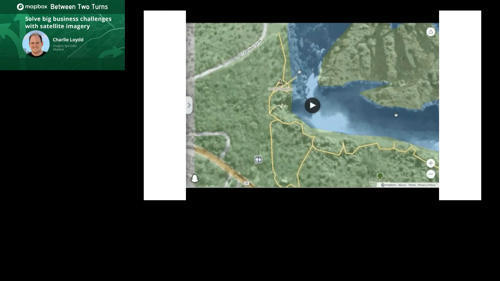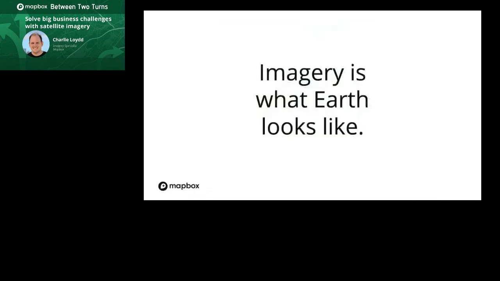And that's the power of imagery. That is what Earth actually looks like. When you use imagery in your design, what people see on the map can look like what they see in the world. That helps people be engaged with what's around them in a subjective and aesthetic sense, like you'd want a map for, let's say, real estate or a ski slope or a tourist map,